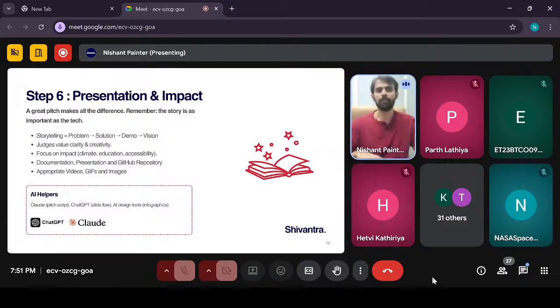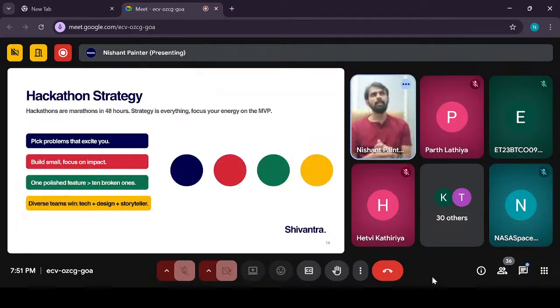Right. Combining these 6 steps will assure you that you have a completely polished web application, documentation, and all the details that a person should have if they want to contribute to your application or start your application on their own. Right? So these are the steps that you will follow before submitting your solution, but the last 48 hours is very much important.